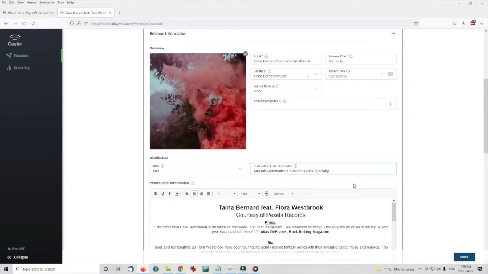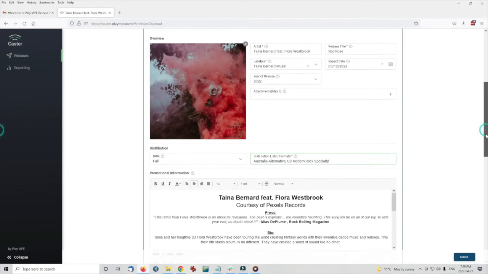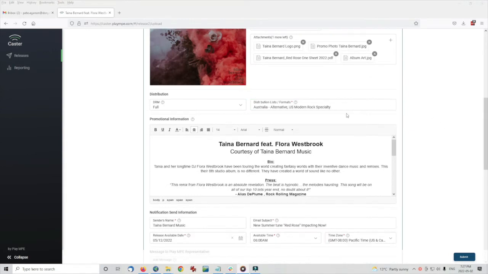If you get stuck and are not sure what to enter in any of the other fields, you can click on the tooltip next to it, the question mark, which will give you a quick explanation. Handy. The promotional information section is where you can add everything you want included in the body of your promotional